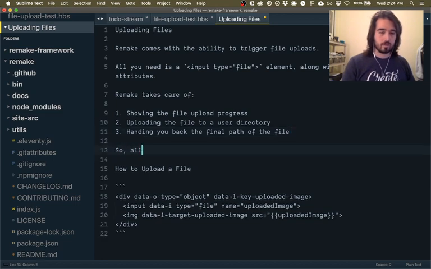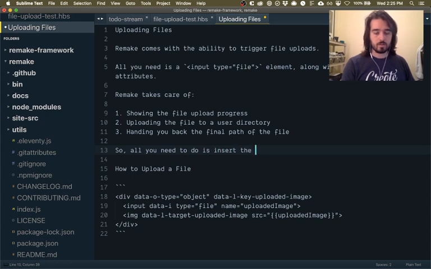So all you need to do is insert the uploaded file into your page. And